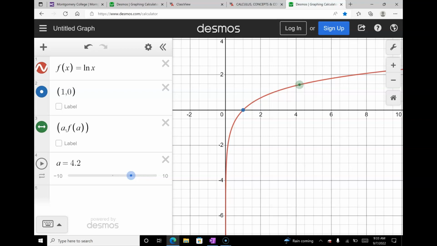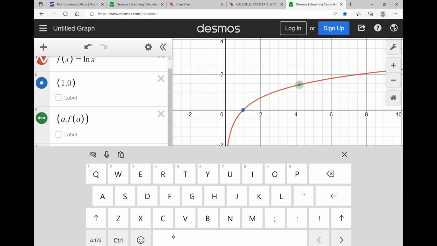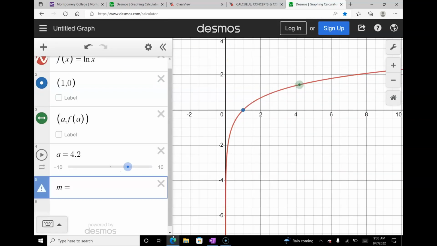And I want to calculate that secant slope. Question, are we okay? I'm pretty lazy. We don't have to calculate slopes like we did in Algebra 1 class, right? We can use the technology to calculate our slopes. And of course, we know our slope here is what? M equals